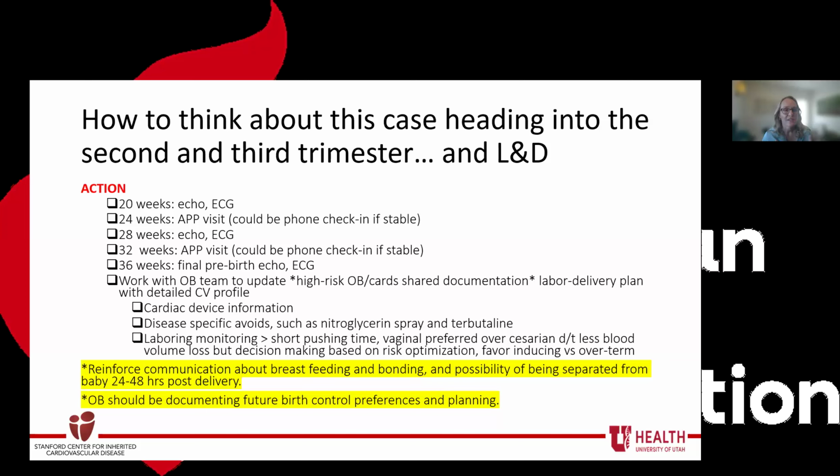We reinforce constantly through this process communication about breastfeeding and bonding, and the possibility of being separated from baby for 24 to 48 hours post-delivery. And we continue to work closely with OB,